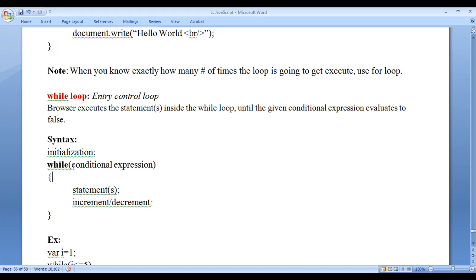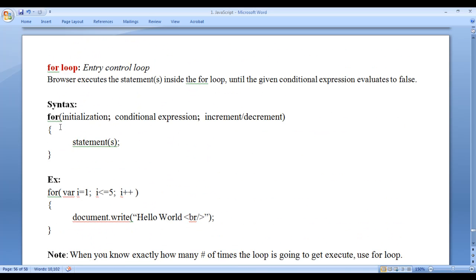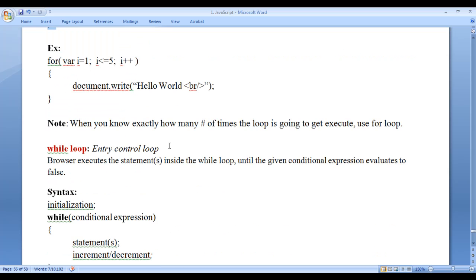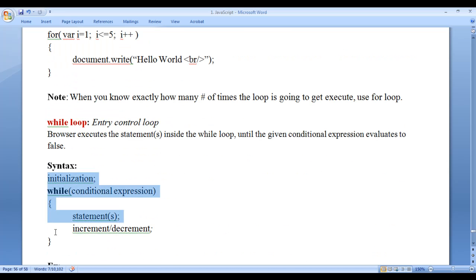While keyword, in pair of parentheses we write only the conditional expression which evaluates to true or false. Within the body of the loop we write set of statements for execution, and at the end we write increment or decrement. Both are same. The syntax is different. We can convert a for loop to a while loop easily. We can convert a while loop to a for loop easily.